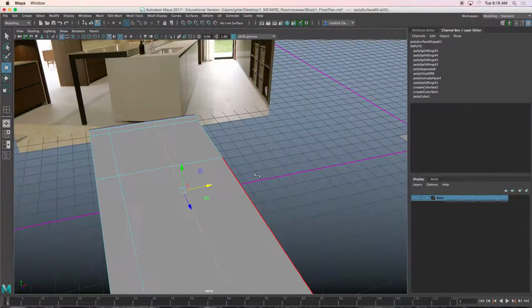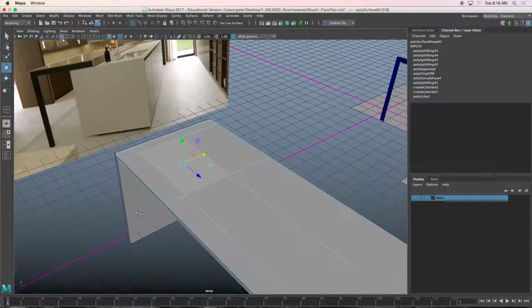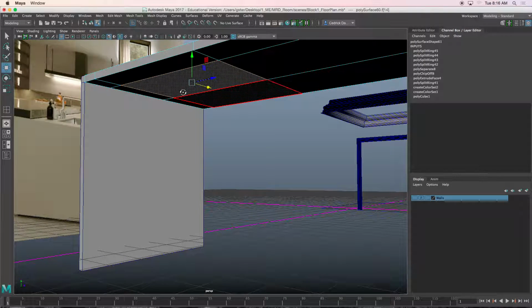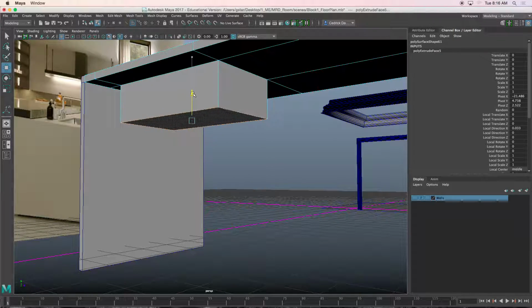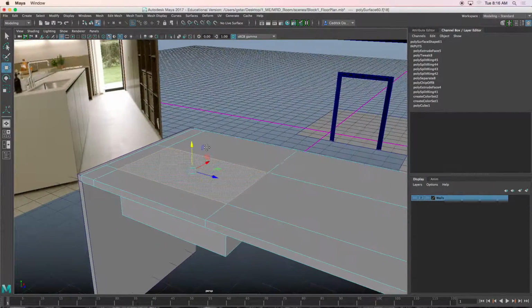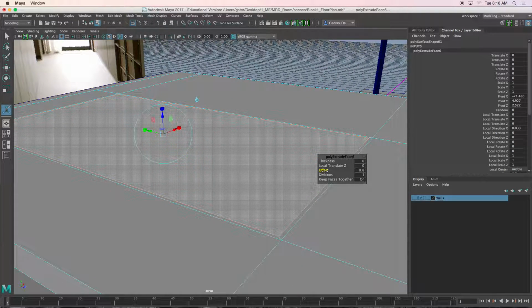Alright, now I'm going to right mouse click and hold, go to face, select that face and the face underneath it, and actually what I'm going to do is press Control E to extrude this down. Alright, I'll select this face here, I'll press Control E, and I'll change the offset so that there's a little bit of an edge loop there. I'll press G to repeat the previous command, which was extrude, and I'll move it straight down. Alright,